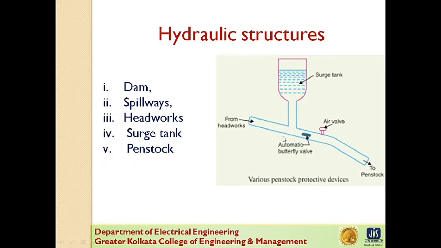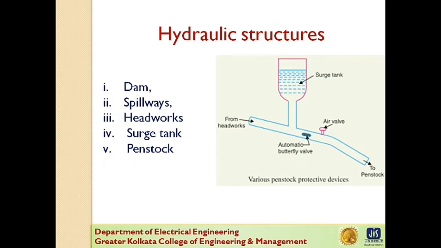When the turbine is running at a steady load, there are no surges in the flow of water through the conduit. That is, the quantity of water flowing in the conduit is just sufficient to meet the turbine requirements. However, when the load on the turbine decreases, the governor closes the gates of the turbine, reducing the water supply to the turbine. The excess water at the lower end of the conduit rushes back to the surge tank and increases its water level. Thus, the conduit is prevented from bursting.